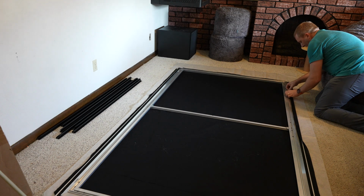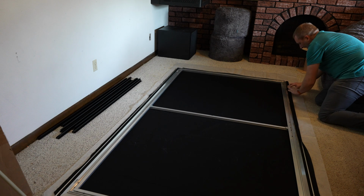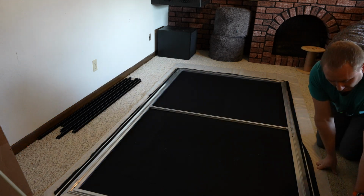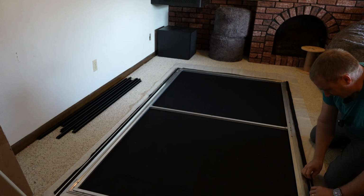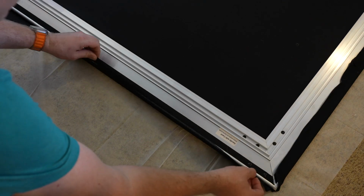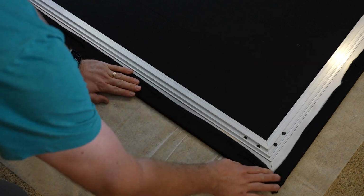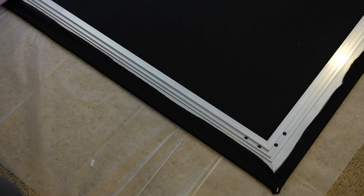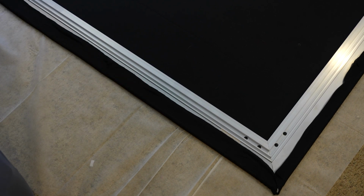Just gonna take this backing cloth, just pull it over the frame and to the Velcro itself, to the hook and loop. Really just the hook. The screen material, or this black cloth, is really the loop. So all I'm doing is just taking it, going over, and then just pushing it into the hook, the Velcro hook side there, and just going to keep stretching it as I go. I'm going to get the rest of the...